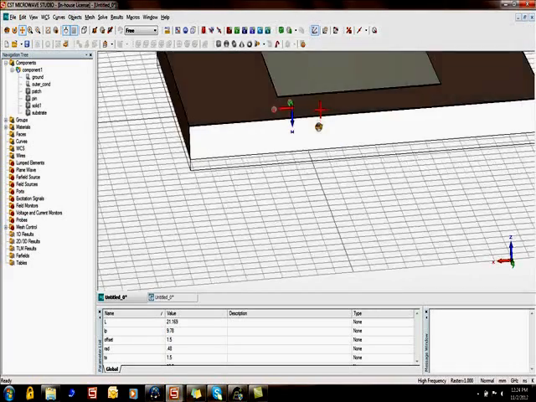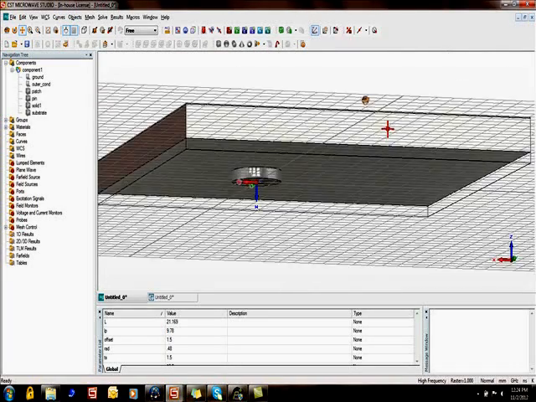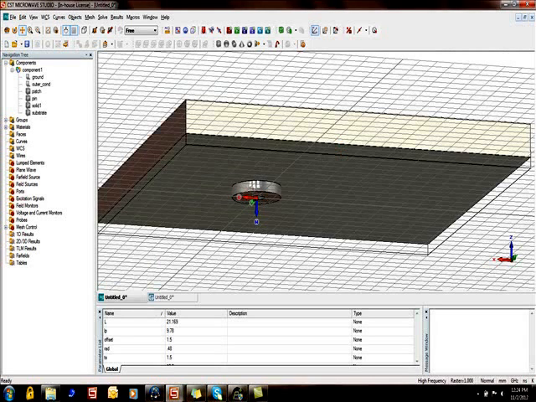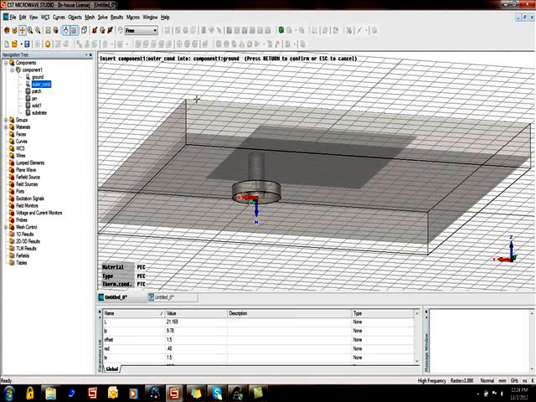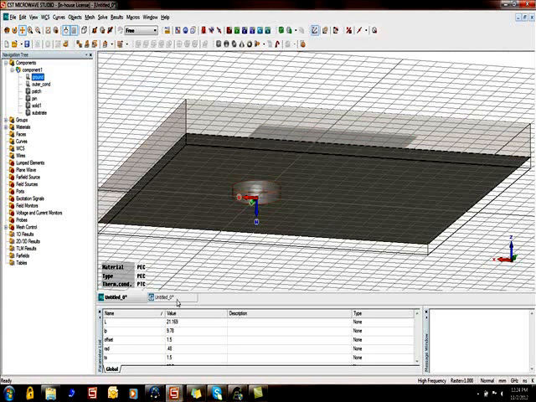Okay, but now you need to insert this coaxial line into substrate as well as in ground plane. So what you can do, click on ground plane, then boolean, click on insert, select outer conductor and then press OK.